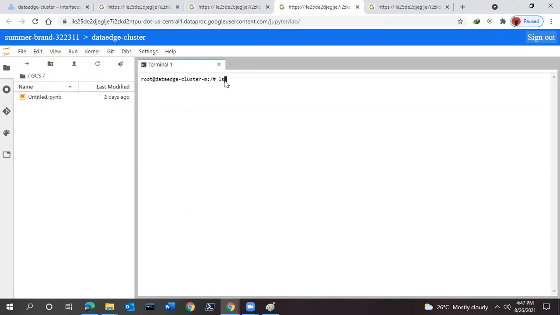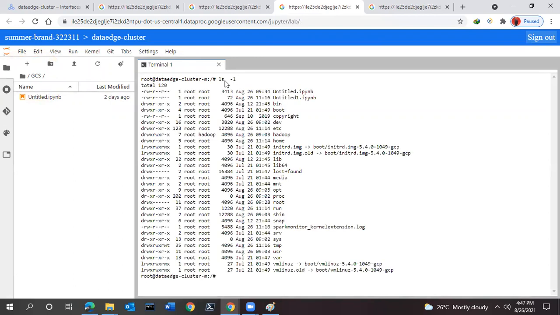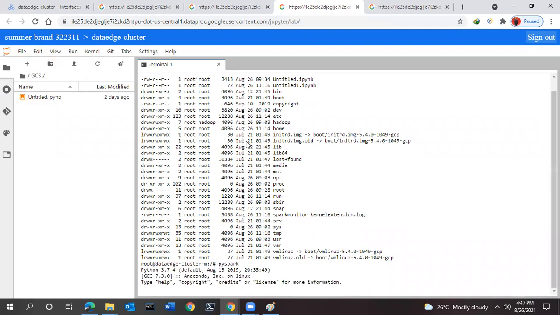From here, you can execute all the Linux commands based on your requirements. You can see one of the commands is listing all the applications available over here. If you wish, you can launch the PySpark shell from here also. Let me show you how. Simply hit pyspark and you will be able to see this PySpark shell over here.